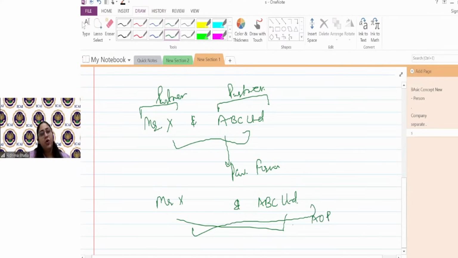They would be called as AOP. एक common purpose के लिए आ रहे हैं. They're not getting themselves registered as a firm or as a company, but are running something, and that can be a business, that can be profit oriented, that can be anything. Common objective होना चाहिए. Then they would be called as AOP. हाँ, अगर मिस्टर एक्स एंड मिस्टर वाई आए तो वो BOI बन जाएगा। खाली इंडिविजुअल्स आ रहे हैं, एसोसिएट कर रहे हैं, इंडिविजुअल BOI। हाँ, इंडिविजुअल्स आए, फर्म की तरह रजिस्टर्ड हुए, तो पार्टनरशिप फर्म एंड दे आर द पार्टनर्स। ओके, बस ये स्मॉल स्मॉल लाइन ऑफ डिफरेंस है।